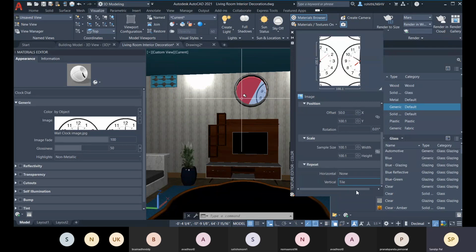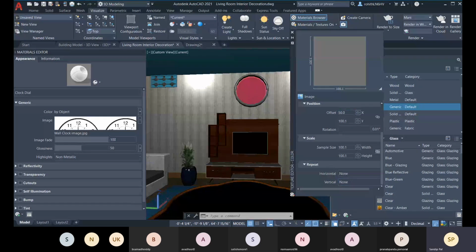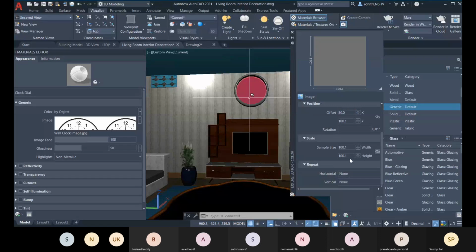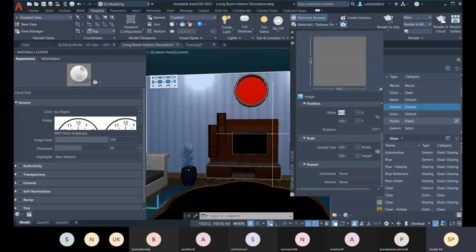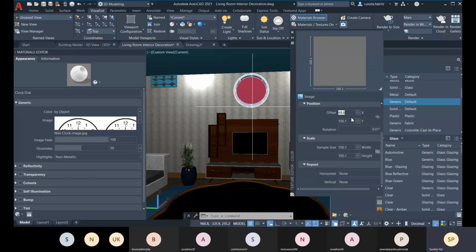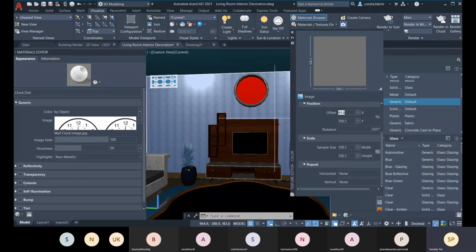So vertically none, let me go for this. So you need to place it properly, so you have to apply it first and then check it. Okay. So here it will take lots of time to just adjust it. Okay, so this way you have to adjust it.